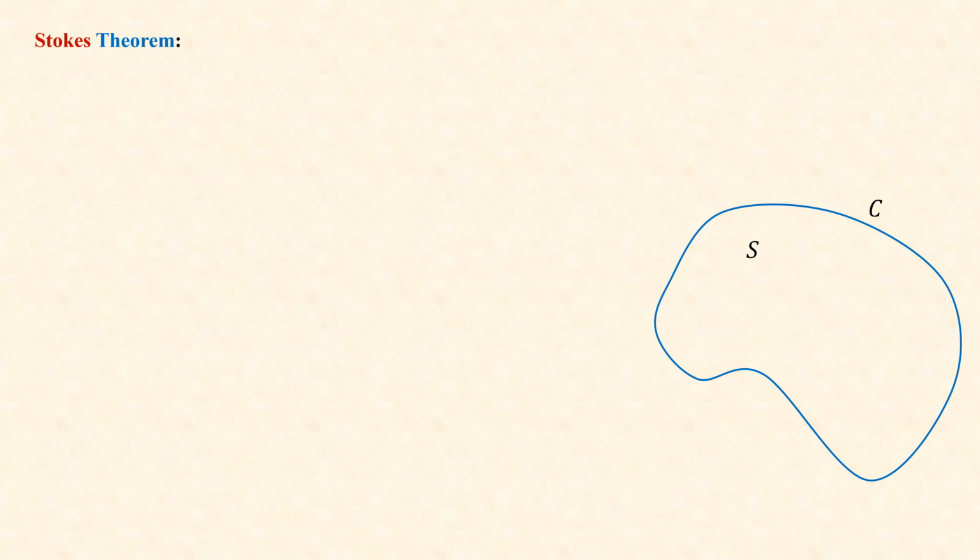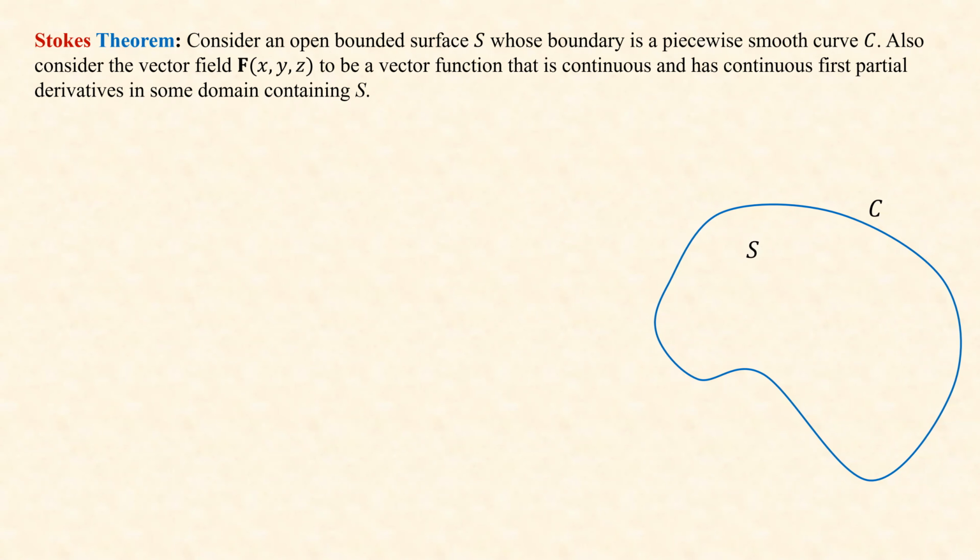All right. So what is the Stokes theorem? Now, similar to the Gauss theorem, we have the Stokes theorem. Let's get the Stokes theorem instead of just expressing it the same way we did before. Consider an open bounded surface S, whose boundary is a piecewise smooth curve C. So it is a surface. It doesn't have to be a flat surface. It was hard for me to draw it here, but it can be any surface, like a hat that has some surface, or a fishnet that has a round boundary, which is the circle, and the boundary is piecewise smooth,